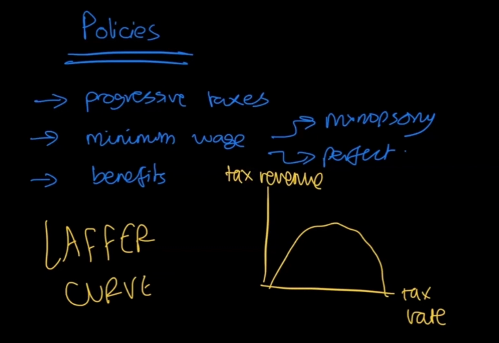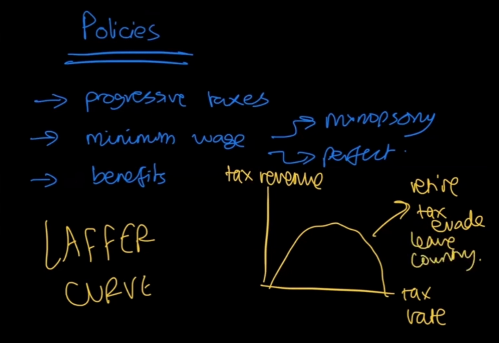Is it because people will either stop working as much or find a way to stop paying taxes? Yeah, stopping working is another word for retire, because you're not willing and able to work anymore. Or the last one, the most common, leave the country. That applies to big businesses. Let's say Apple is making millions of pounds and you tax them 80% of their profit. They just close down all their shops in the UK.